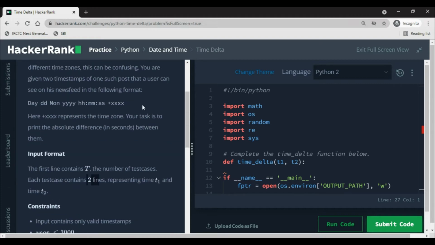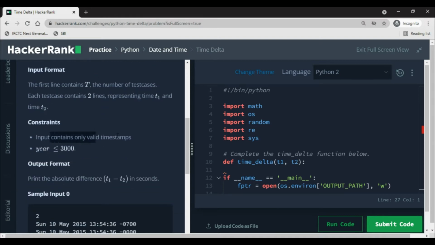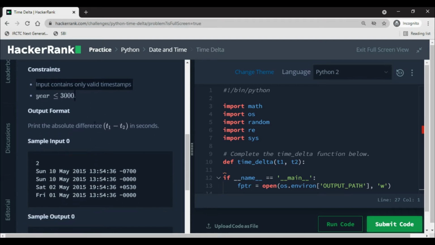The constraint is that only valid timestamps are given, and the year has to be less than or equal to 3000. It's not necessary to implement the constraints. You have to print the absolute difference between T1 and T2 in seconds. So you calculate the difference and take the absolute value.